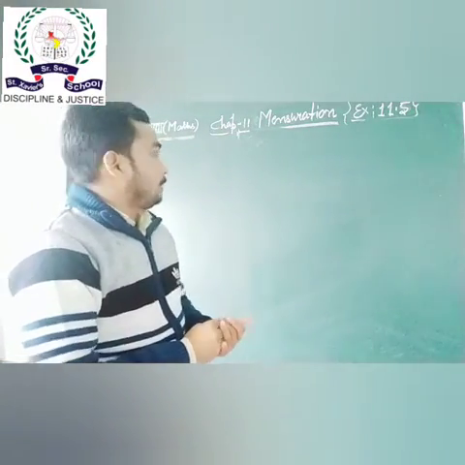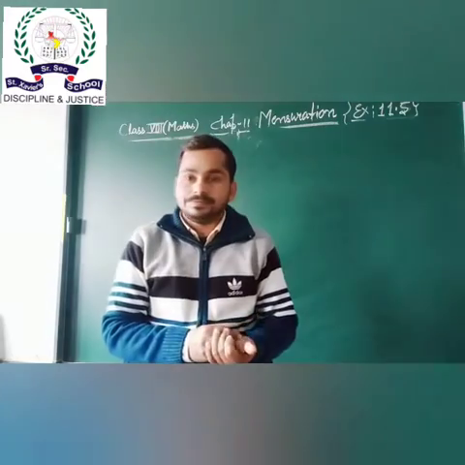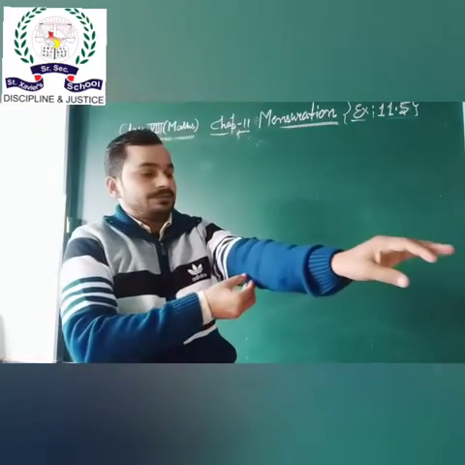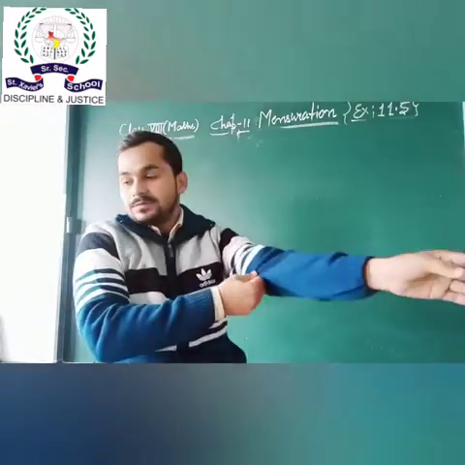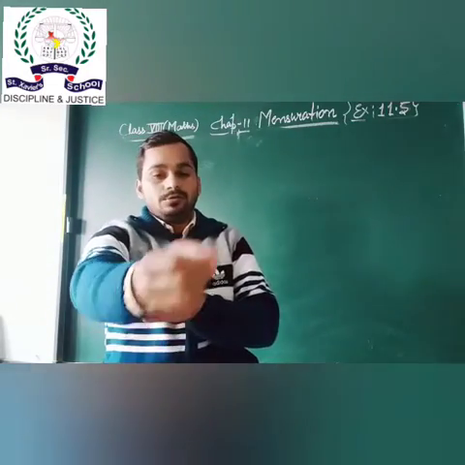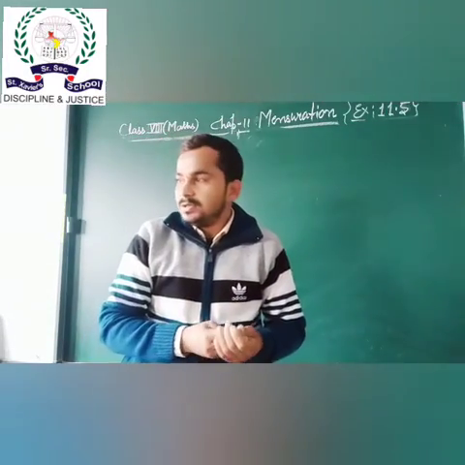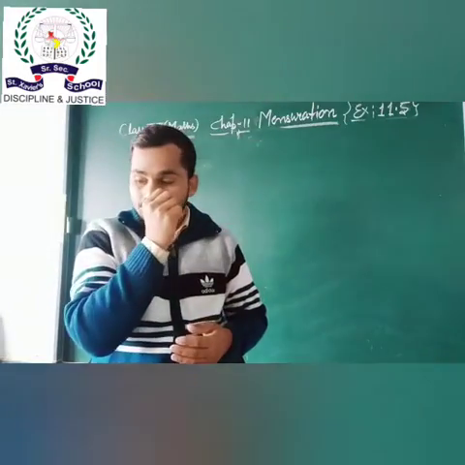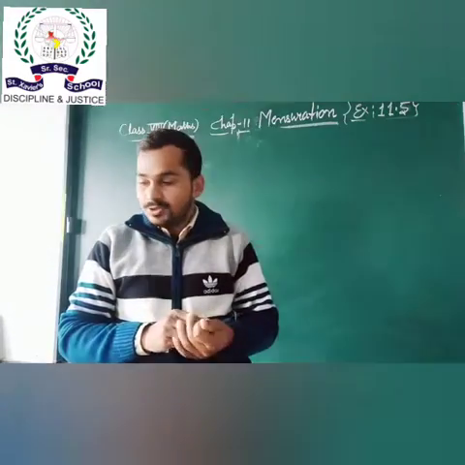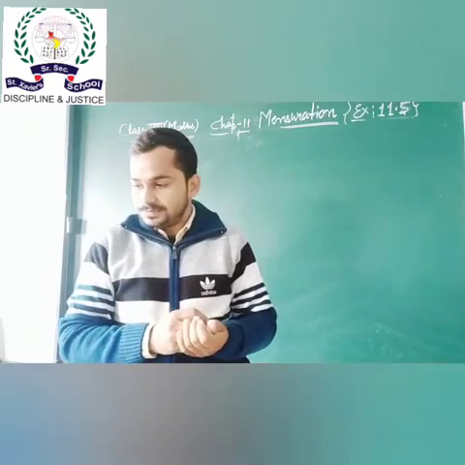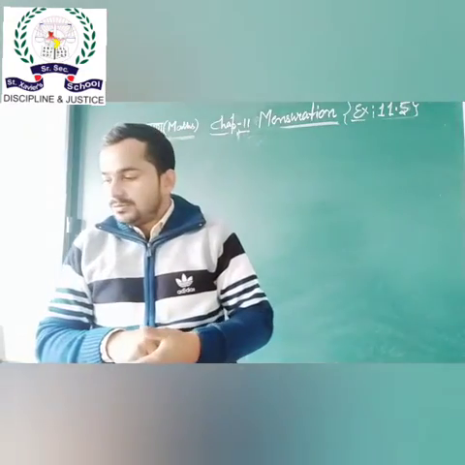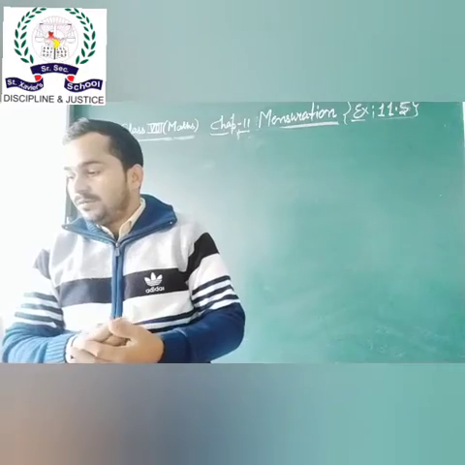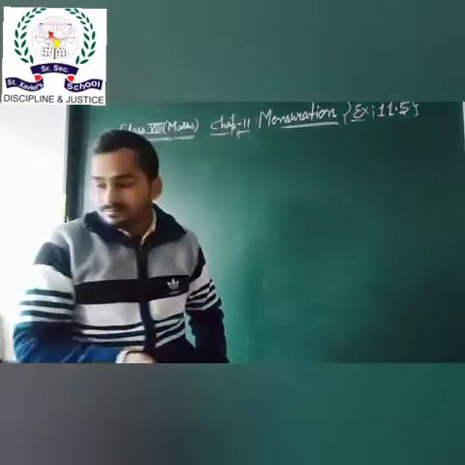Now in this video we have discussed exercise 11.5, where we have to find the volume of a cylinder, the total surface area of a cylinder, and the lateral surface area (CSA) of a cylinder, and also some questions based on cylinders. So question number 1: find the missing value of the cylinder in each of the following.